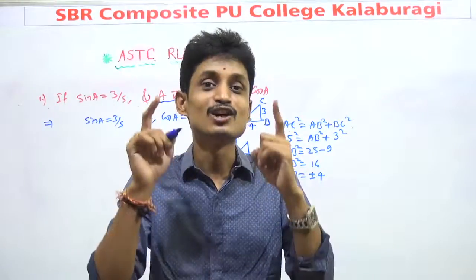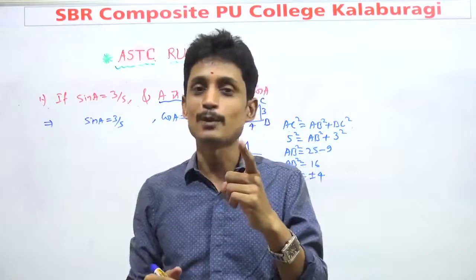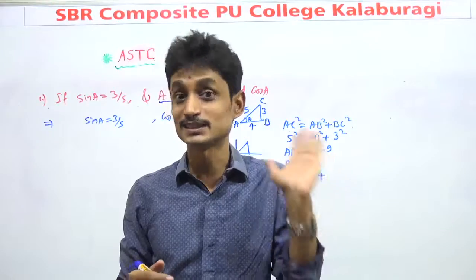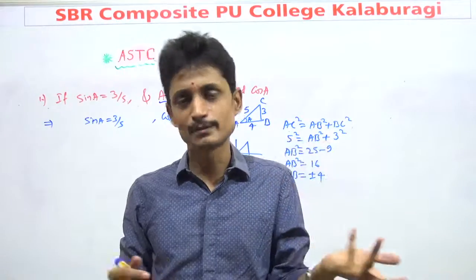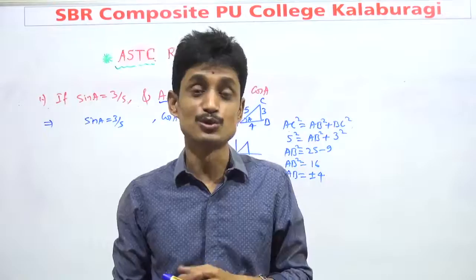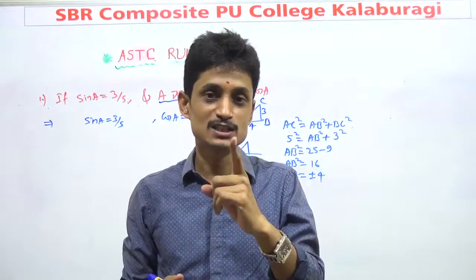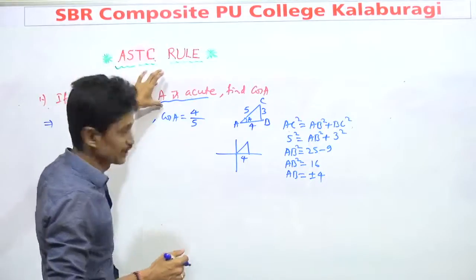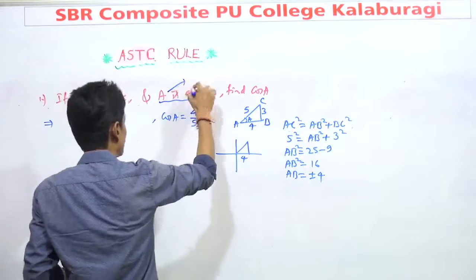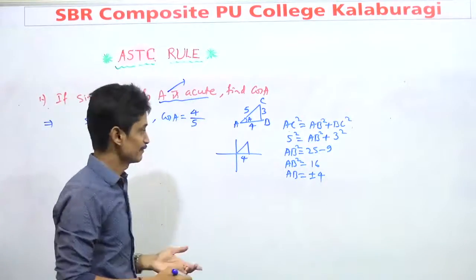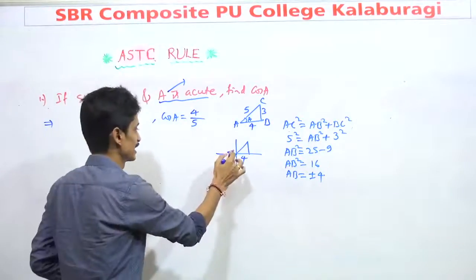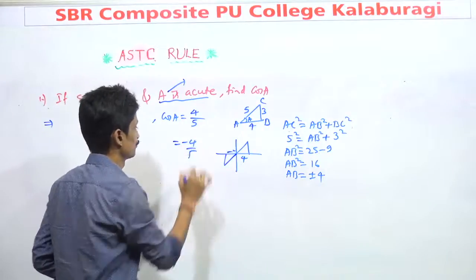It is totally wrong, because first you should know properly where your terminal side is and what angle it will make. That is the important thing. In the first quadrant, the ratio is positive. In case it is in the second or third quadrant, we will get a negative ratio. That's why you should be careful before answering what your angle theta or angle A is. The same question I will take in a different way. Instead of acute, A will be in the third quadrant. Definitely it will be negative, minus 4 I mean. So cos A is nothing but minus 4 by 5.